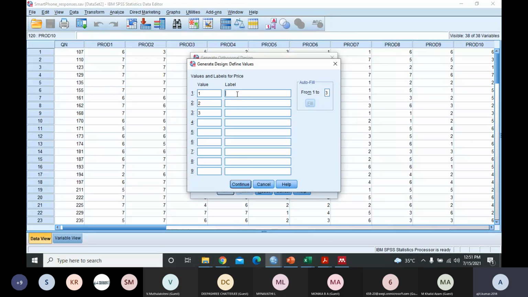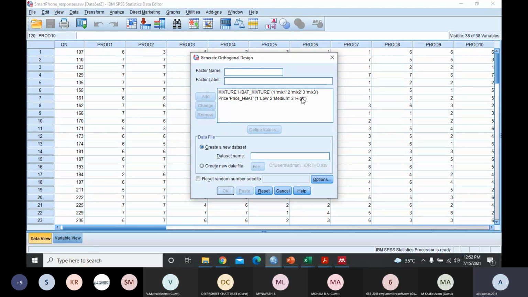So low, medium, and high. I continue. So this low, medium, high has come. So you need to add all 5 variables here, and their different values. Once you do this, you need to give a dataset name here that will be saved in a particular folder.